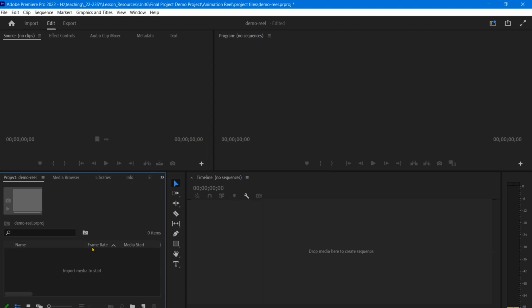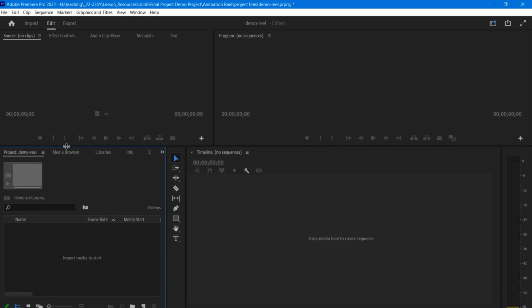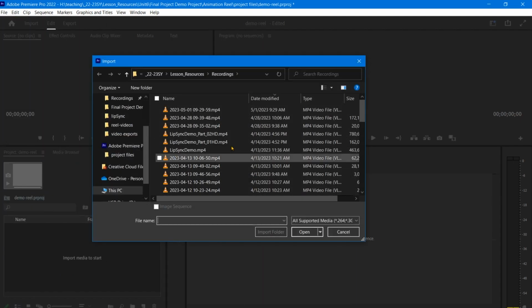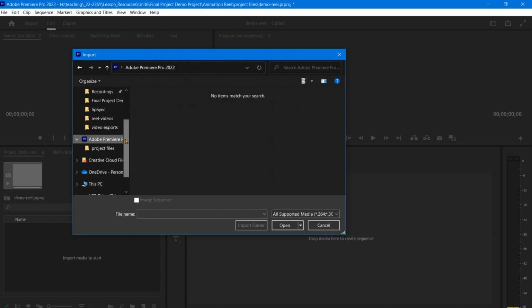We're going to start here in the project panel. I'm going to make mine a little bit bigger so we can see. There are other things in this panel, media browser, libraries, info, all sorts of stuff, but we're just going to use this project panel. So this is where we're going to import our files to. So we'll go to File, Import, and we are going to find our